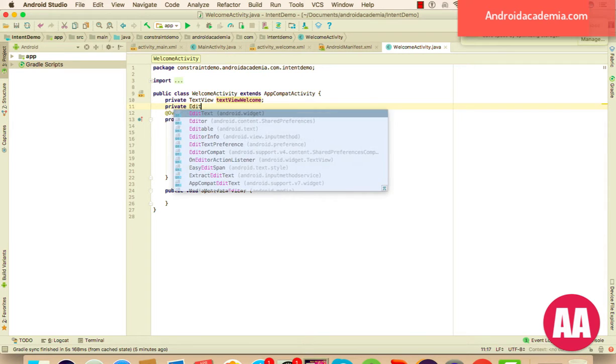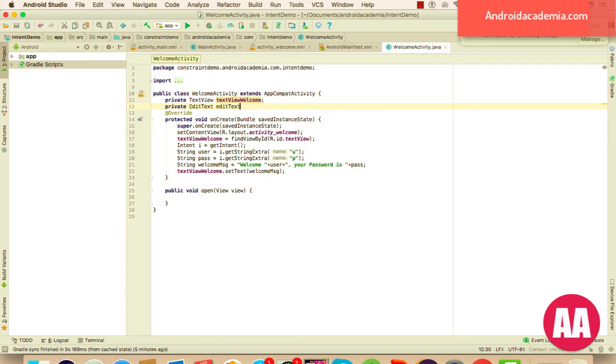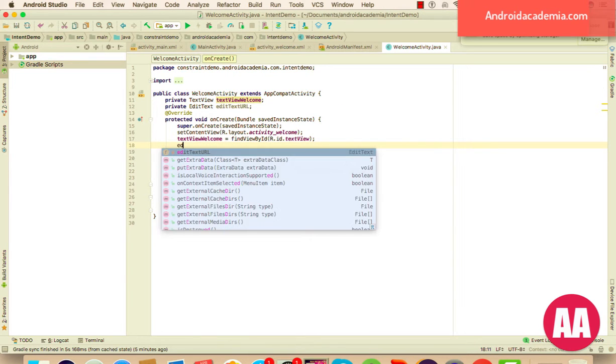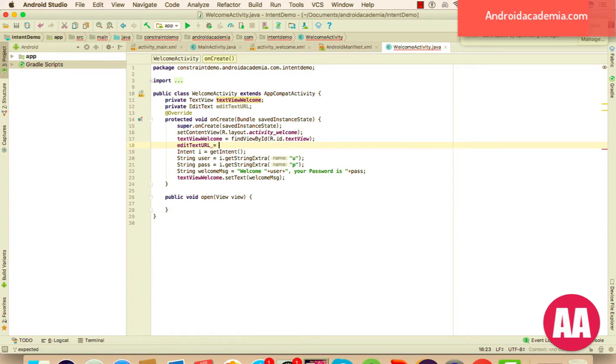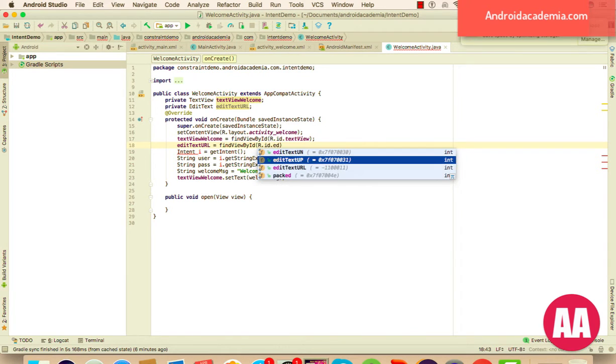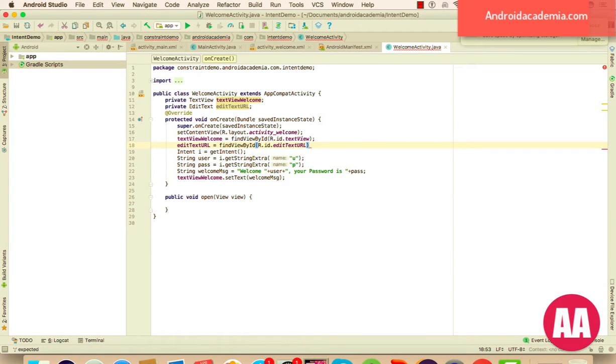So here the edit text, let's say editURL, and just create an object of this one, and you can use findViewById R.id.editURL. So it's quite easy, my friends. So what you can do out here, you can retrieve this value. Let's say String urlStr, and here you can use editURL.getText().toString(), and